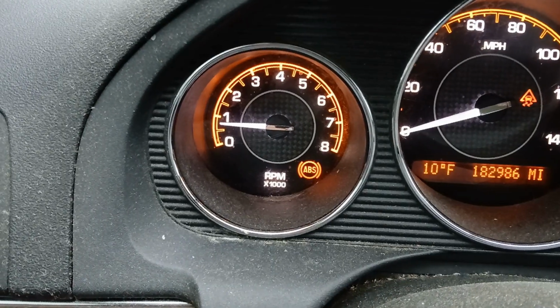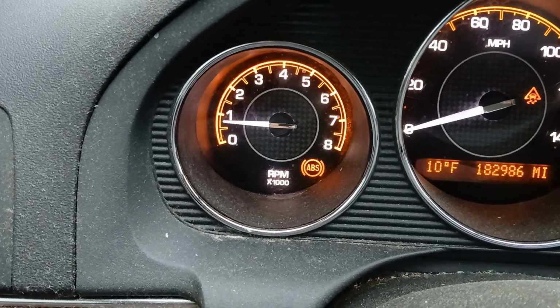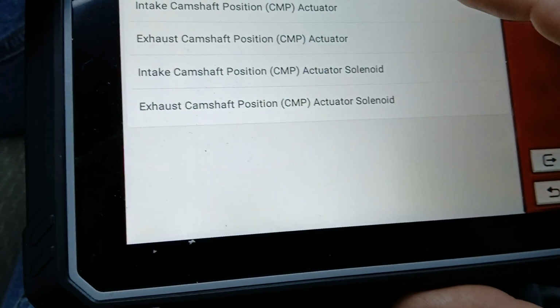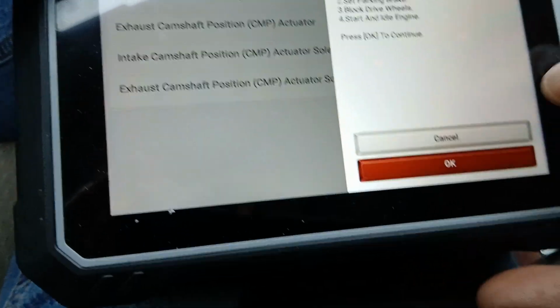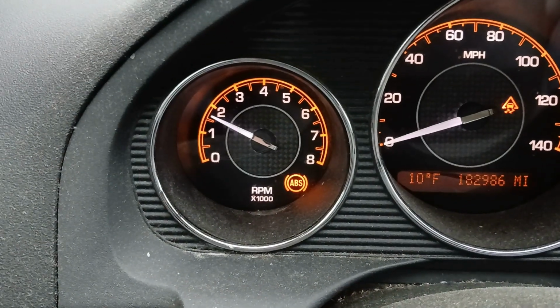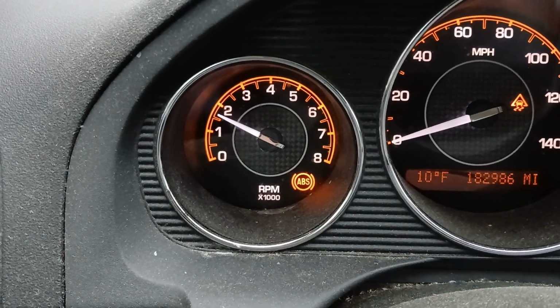Yeah, 36 times expired. Okay. Now we'll go to exhaust camshaft actuator. Okay, went up to 2500, and then it went back to